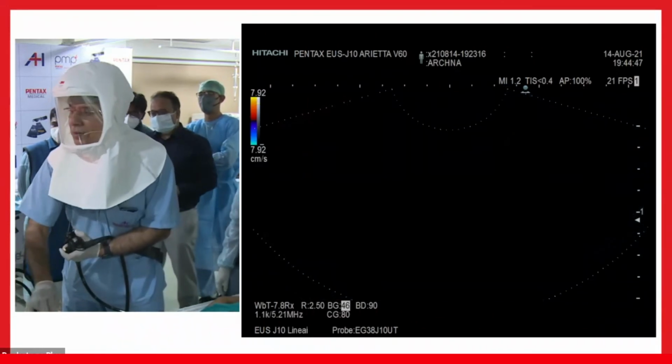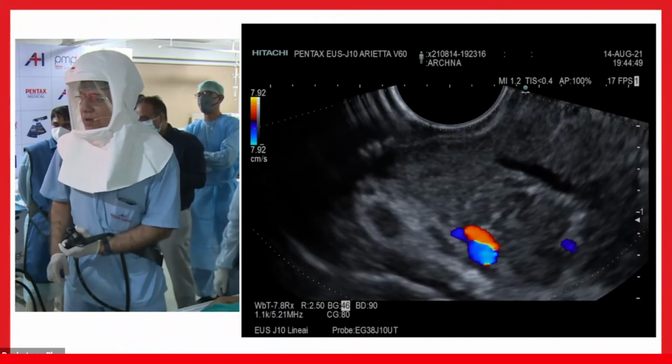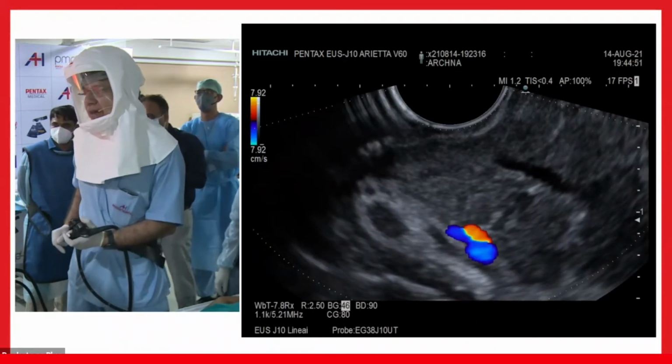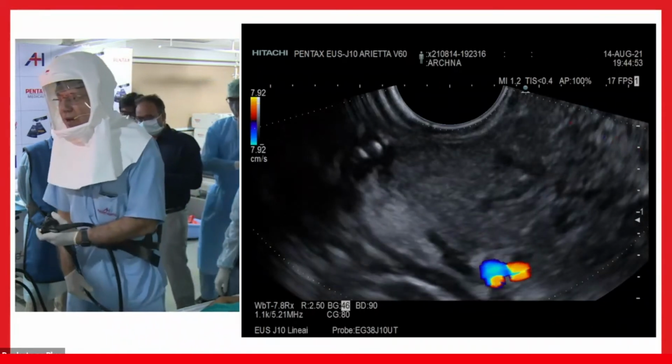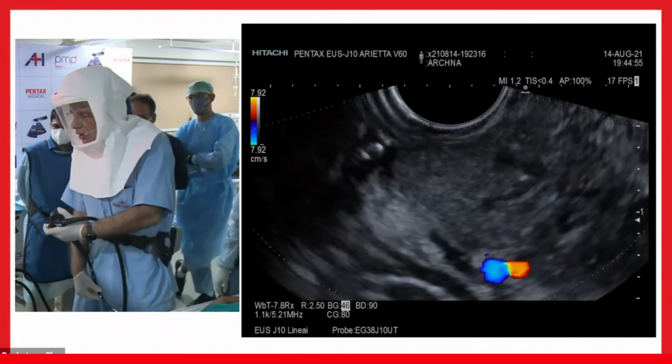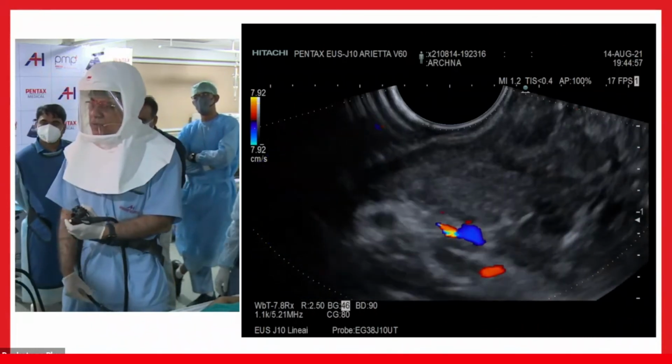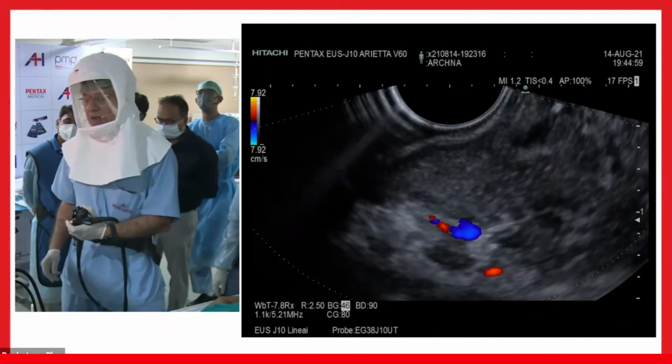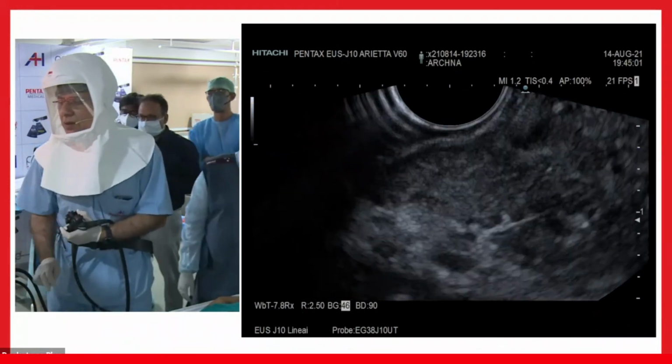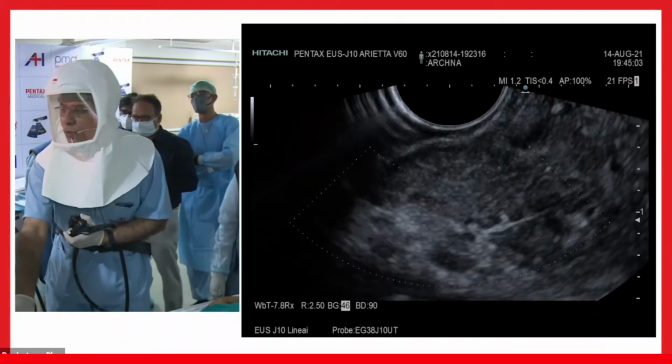Anything? Okay, so there was some. So this is the pancreatic duct, but I want to see the bile duct. So I will rotate this way, pancreatic duct, rotate this way, you will see the bile duct, and this is the bile duct I've seen. But what is this? I am concentrating, time to high zoom again.